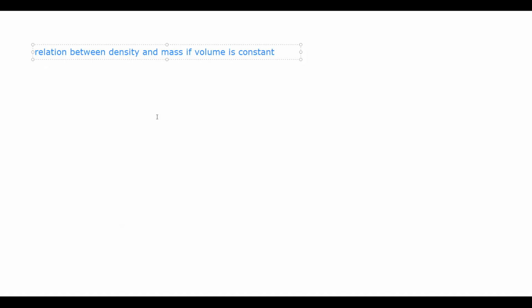So if the volume is constant, what is the relation between density and mass? So how you can find? You have the formula. Density is mass divided by volume. If volume is constant, volume is not changing. Whenever two quantities are in numerator, both sides of equal to, it means they are directly proportional. So when we say they are directly proportional,